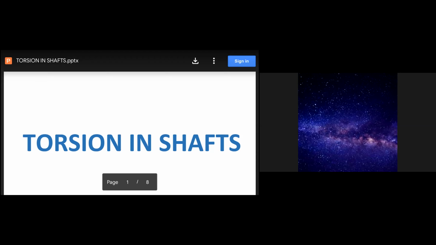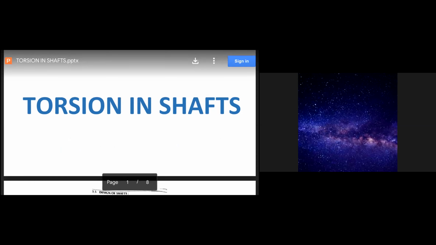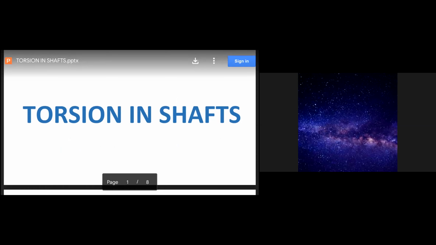Good morning, students. Today our new chapter is torsion in shafts. Okay, first you have to know what is a shaft. A shaft is nothing but a rotating element, a rotating rod, a rotating machine element,